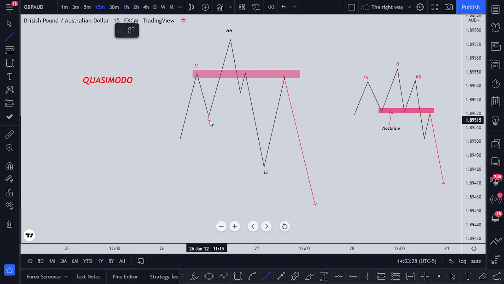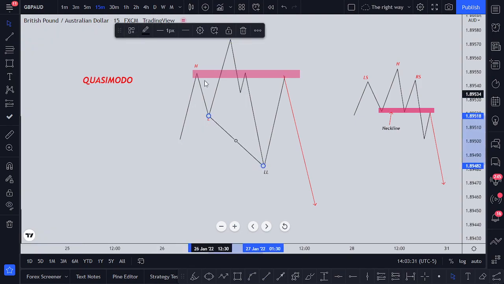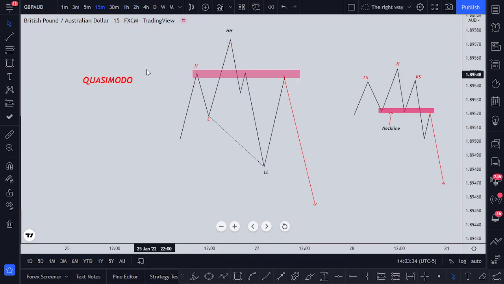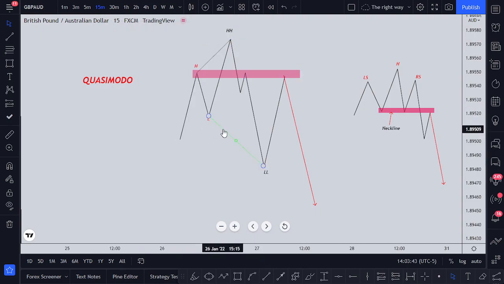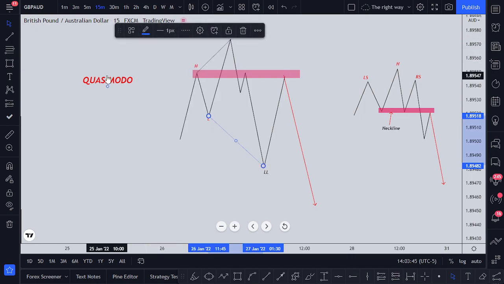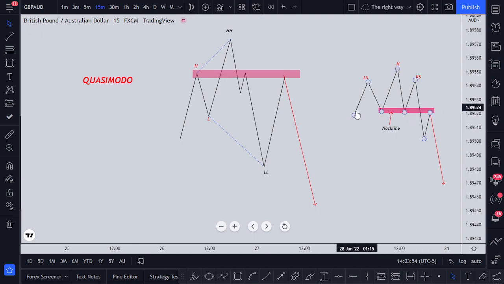The advantage of this Quasimodo pattern, just see the difference. Let me use another color so that you can see the difference clearly. And this one is not. Let me use blue. Are you able to see the difference? This one, we have the swing points making the neckline at the same level, and we are told to sell whenever it retests the neckline after the break. But this one, you have this shoulder,